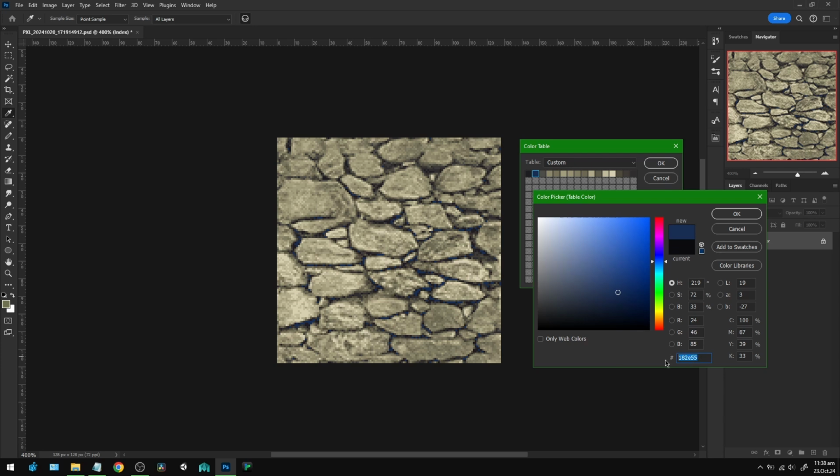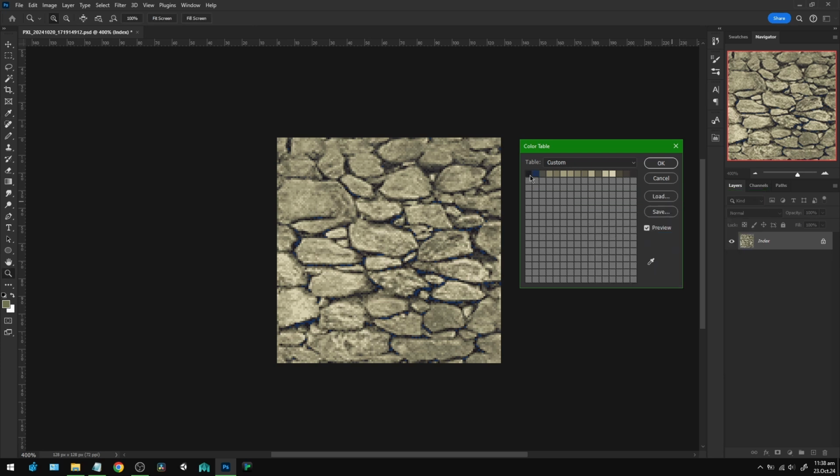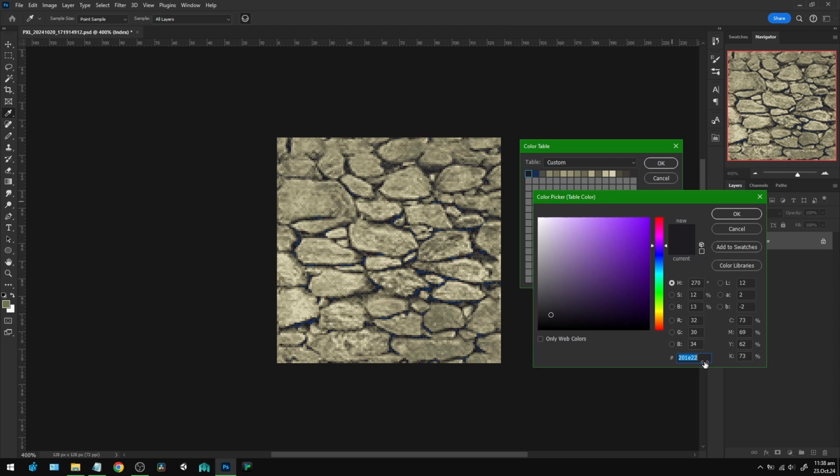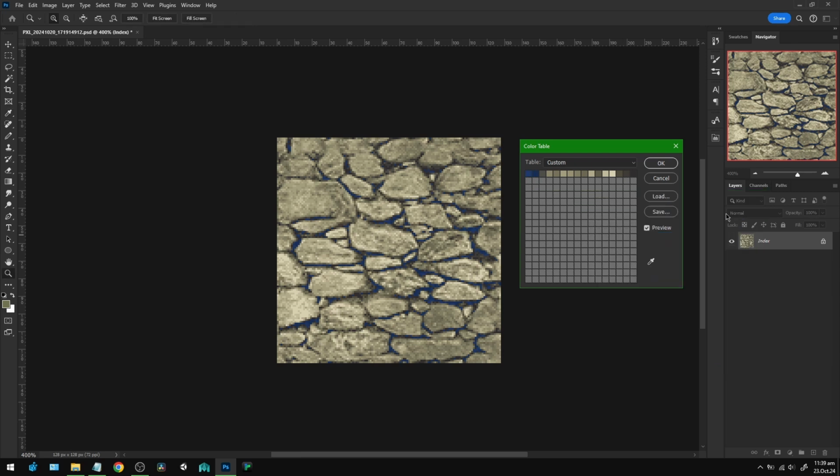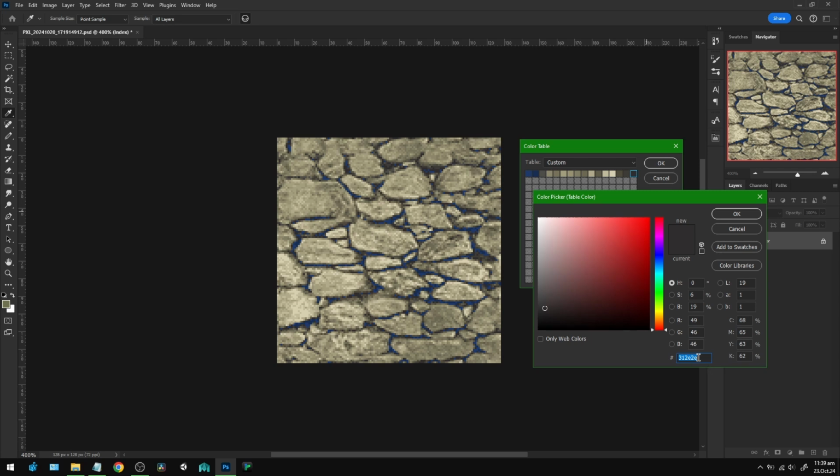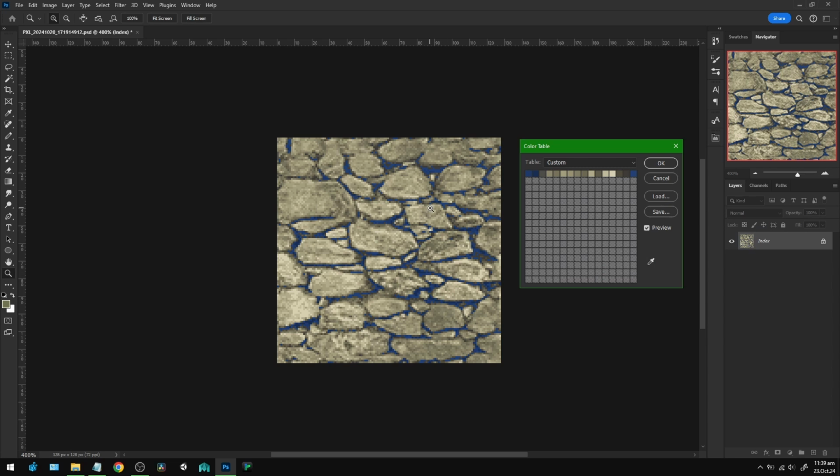I'm going to copy that hex code for the color just so I have it, and then bring it over into this other swatch here. Just paste that. And that was a little lighter, so I'm going to bring that up just a touch, but it's still kind of the same hue. Hit OK. And then I'll go over to this other swatch, do the same thing, paste that in there, and then bring it up even more because it was a bit lighter. And so now we have, I mean,